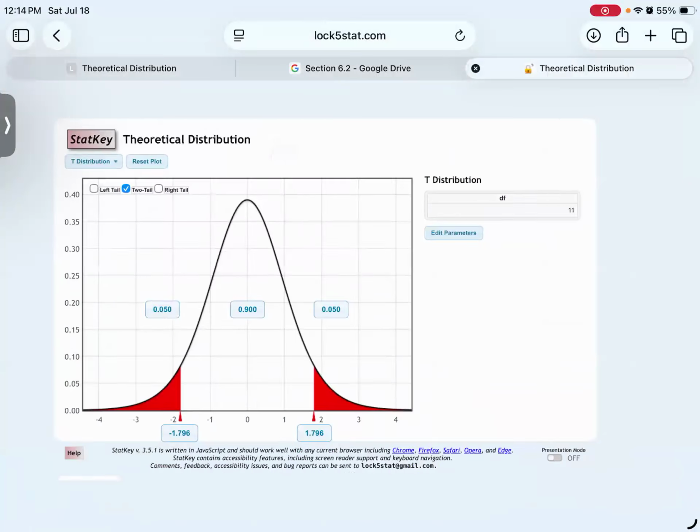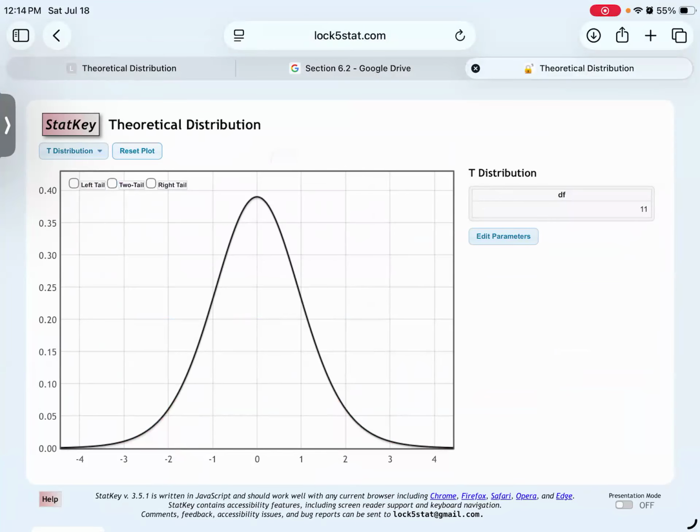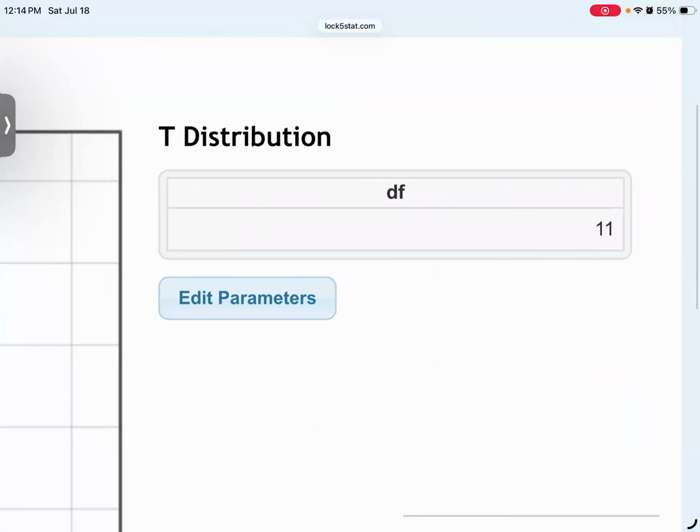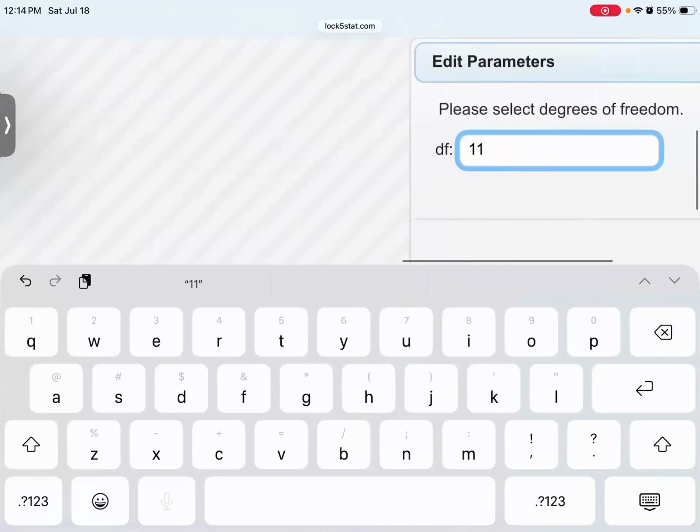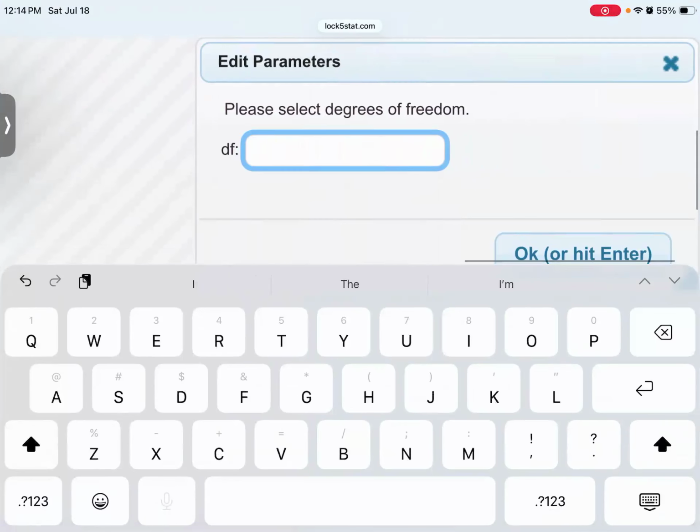Now I've got the t-distribution here. I'm going to erase the plot. Again, we can either escape and come back into the t-distribution or just click on edit parameters. And we can adjust this to be